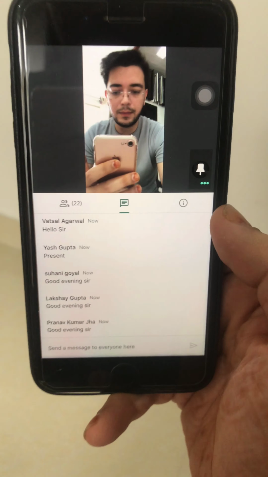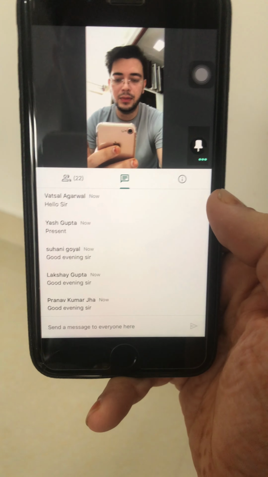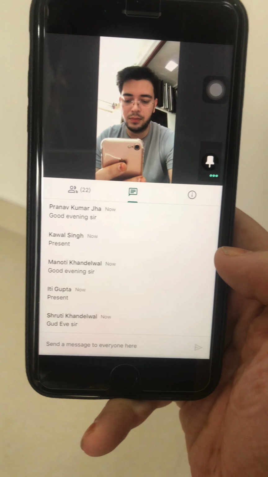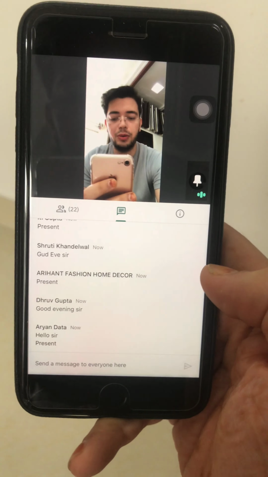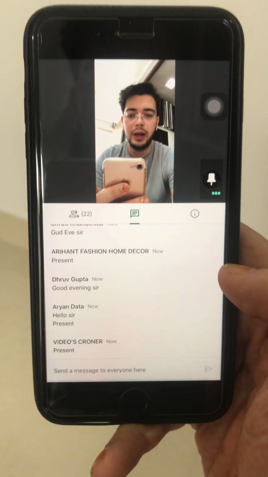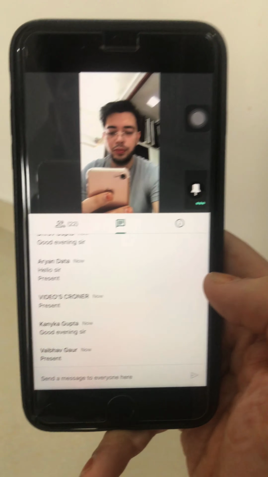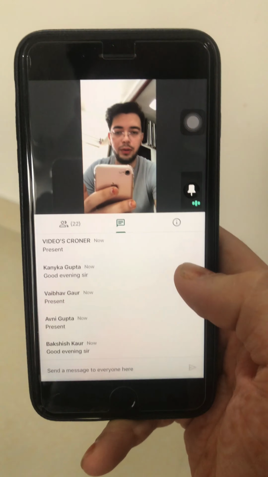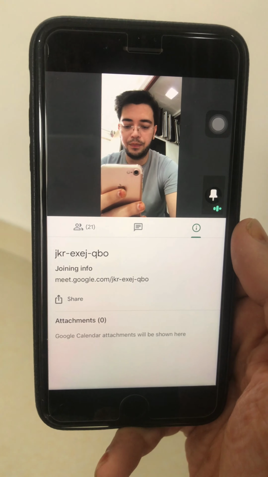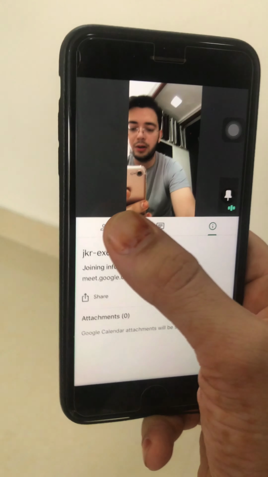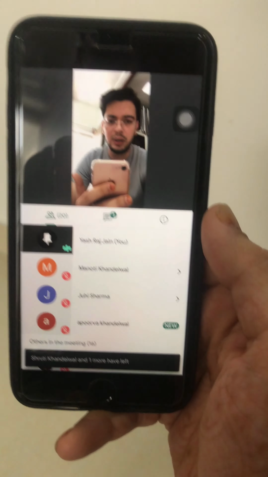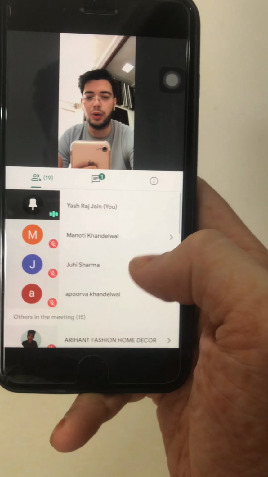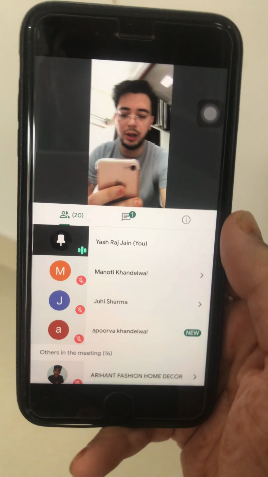So now you can see they are giving a message over here. They can give a message because they are listening to the audio, and they are replying through the message. Okay. If you want to share the link with more children, you can click here, and you can again share this link with others through WhatsApp or any other sharing platform. So now again I am here. 20 students have joined me in this meeting. Many more can join this meeting.